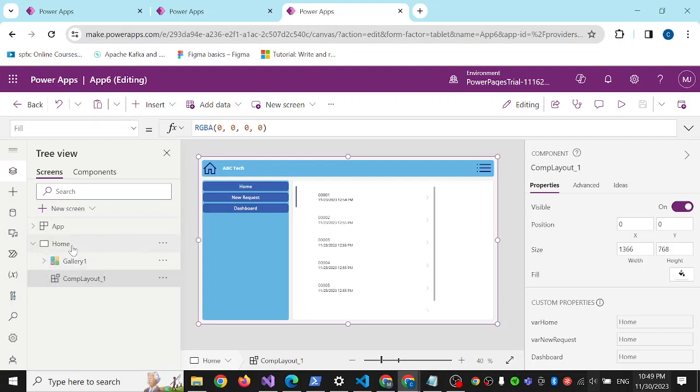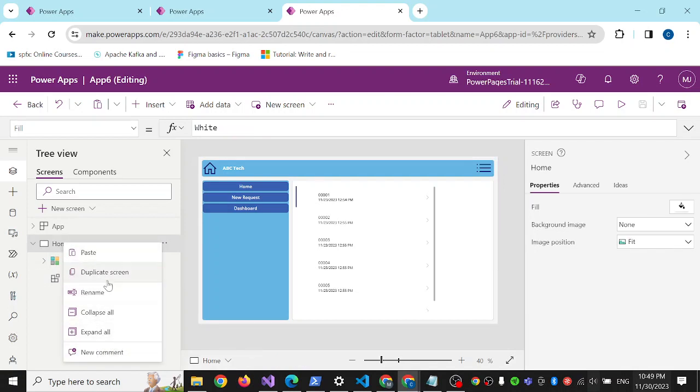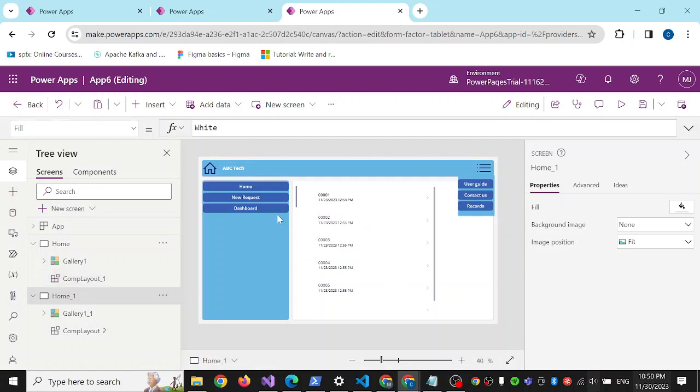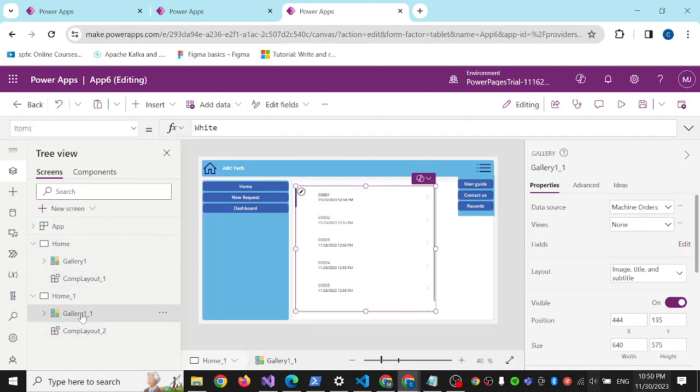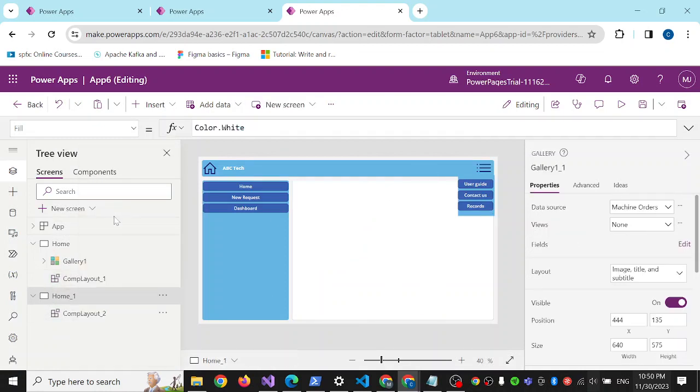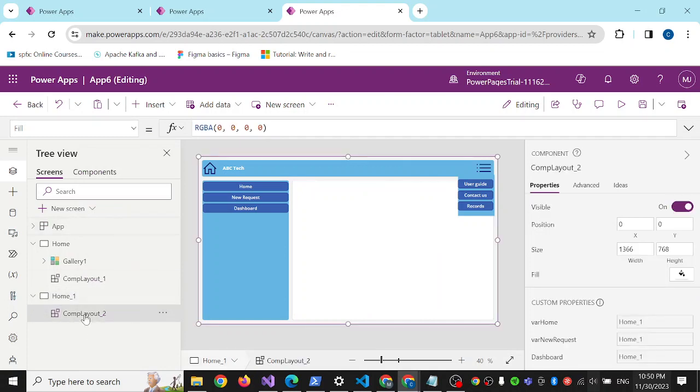Okay, so here I don't need the gallery. I have my component,